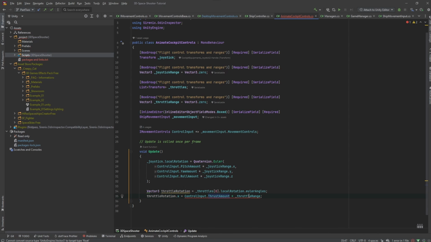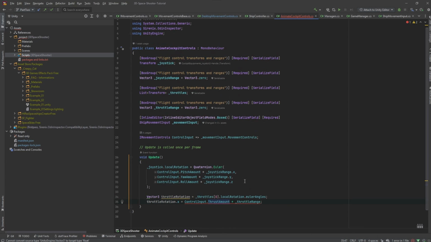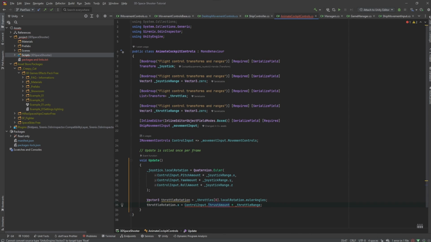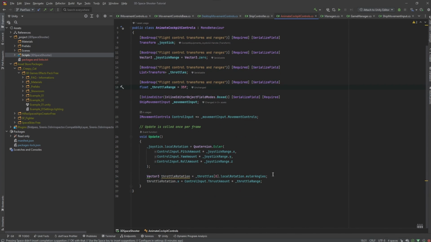times our throttle range. And you know, throttle range, I don't think it needs to be a Vector3. I think because we're only ever, okay, so the joystick we rotated on 3 axes. We're only rotating the throttle on 1. So let's make this a float. And we'll default it to 35 since we know that that worked good for us. And now that we have this, we're going to iterate